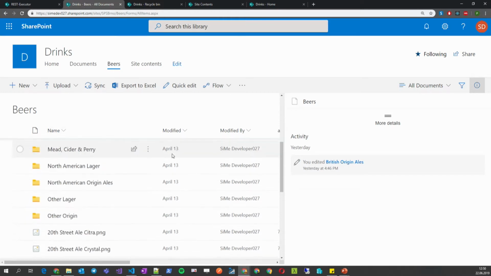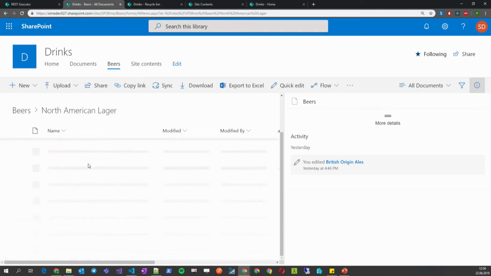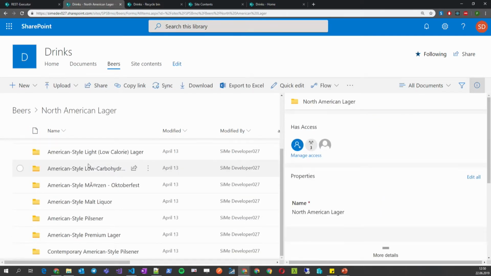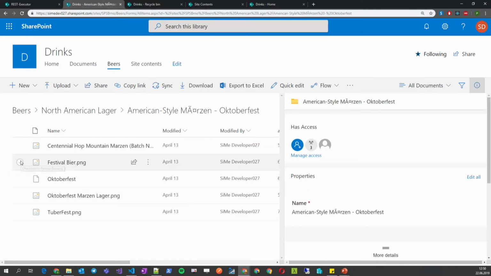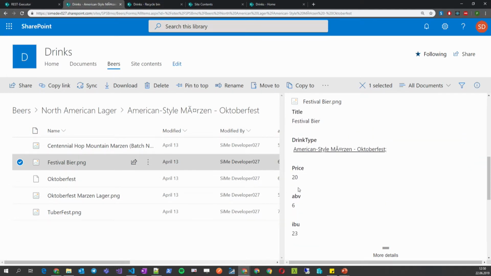The document library is organized in such a way that the folder names represent the style of the beer. It also contains the image of the beer with some additional information. What type is it? How much does it cost? How much alcohol does it have, etc.? So we'll use this as our reference to execute some REST queries, just to have some real data, or at least interesting data for me, to get some info. So if we go to our web part,